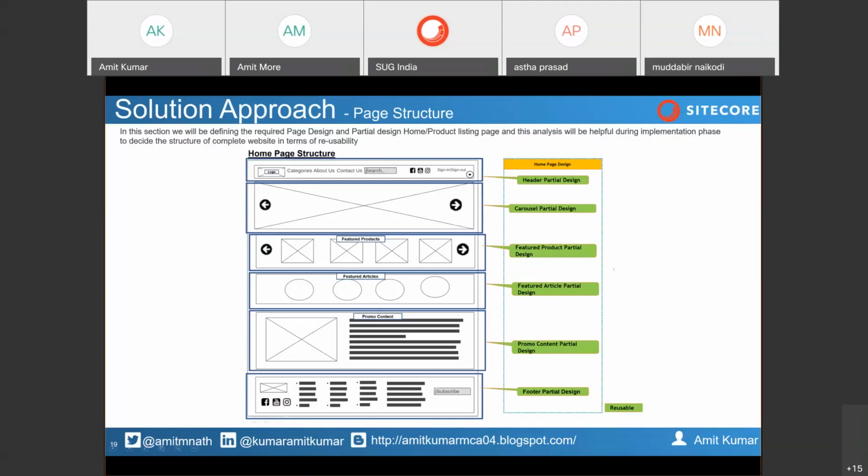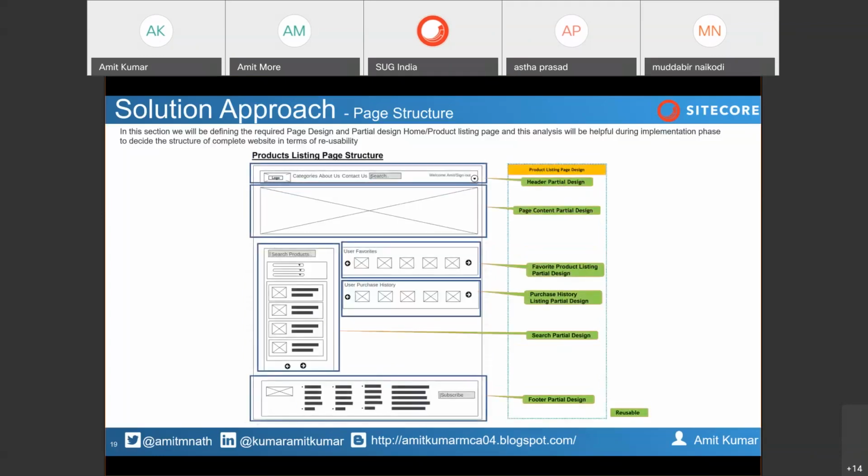You need to take care of those things while implementing any XXA solution. If any developer is going to implement anything, it's better they connect with the other developers, or there is some type of inventory where they have defined that this page is built up with these many partial designs and which can be utilized, so that another developer who is going to start work on any type of page template can go and check, or connect with the other team member who already worked on that website. Otherwise it will be a replication of the content.